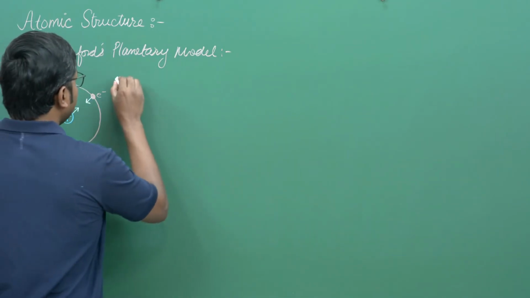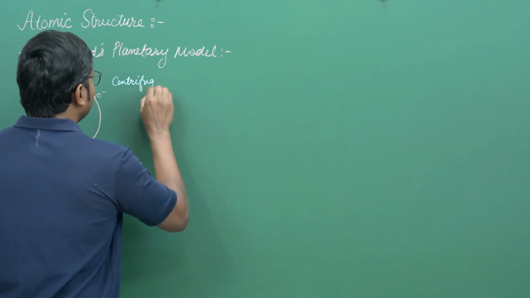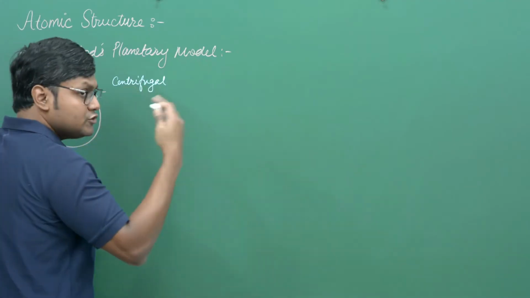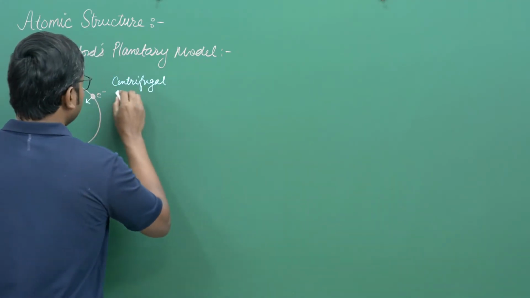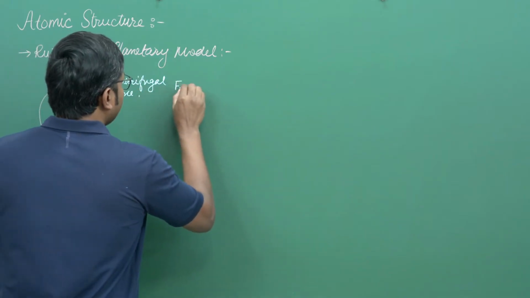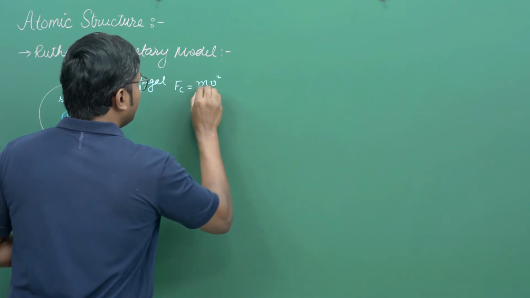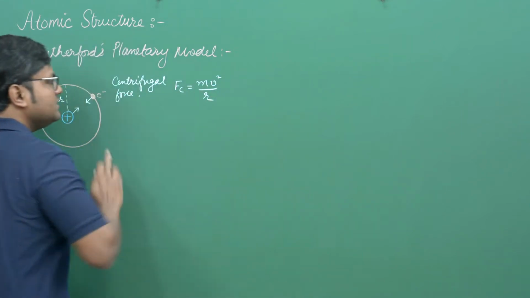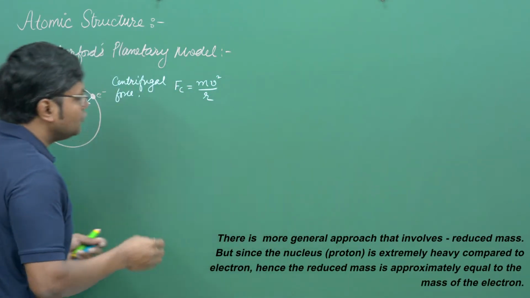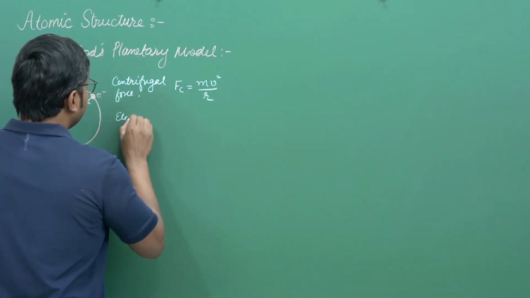So for example, we can first look at centrifugal force. Centrifugal force arises as a result of the revolution of the electron around the nucleus, which says that the centrifugal force is simply equal to mv square upon r. Here m is the mass of the electron. And we have electrostatic forces of attraction,